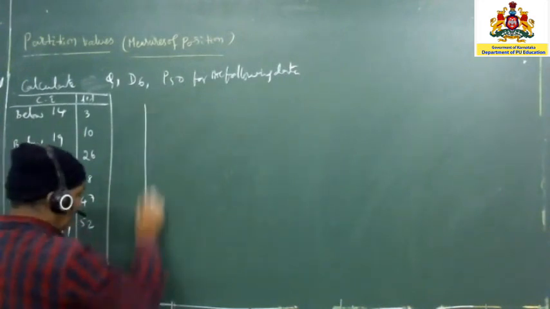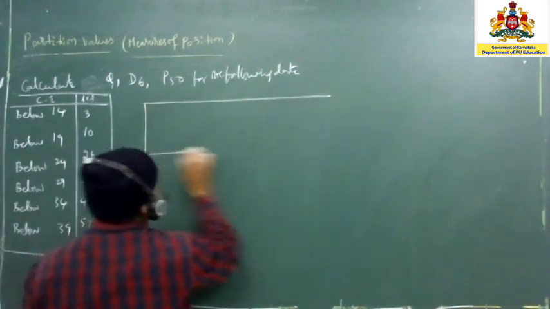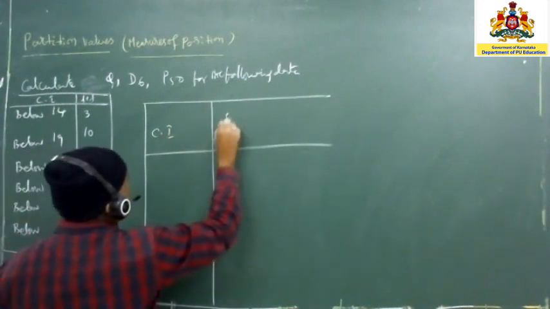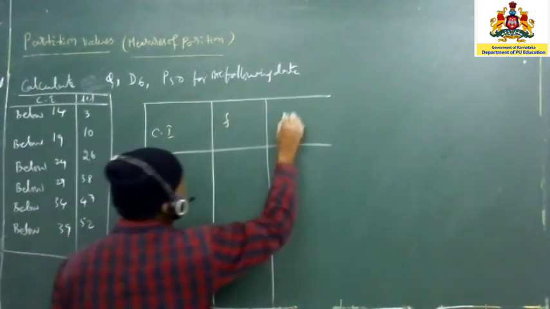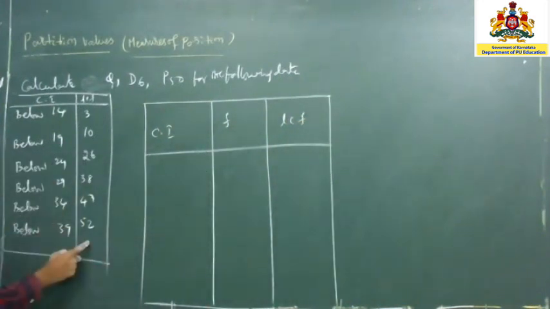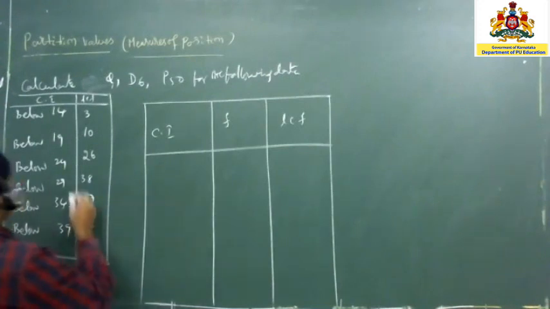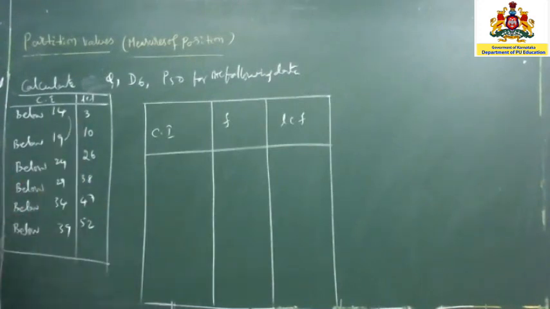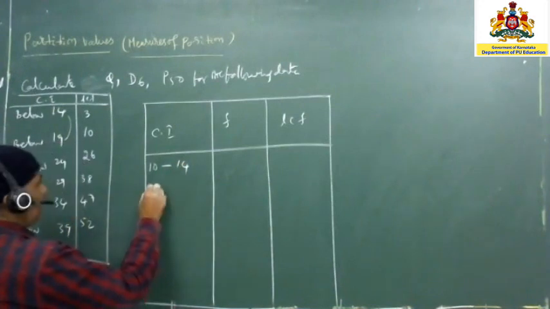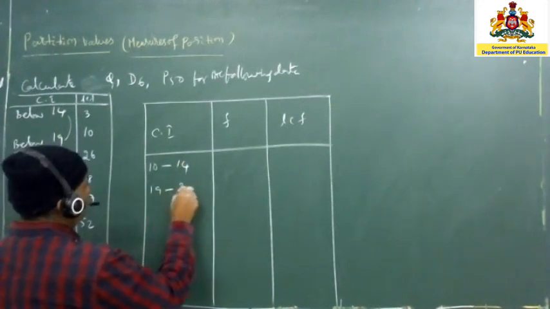So how are we going to convert it? Just now I am writing it here. You can cross check. So Ci is the class interval and the frequencies are not known, and now LCF is given. Because if it is below, the second column is going to be the third column here. So what is the difference here? 19 minus 14, because there is a gap here itself. You have to understand this part very carefully. So how to calculate this? We can write 10 to 14, then we can write 19 to 24.